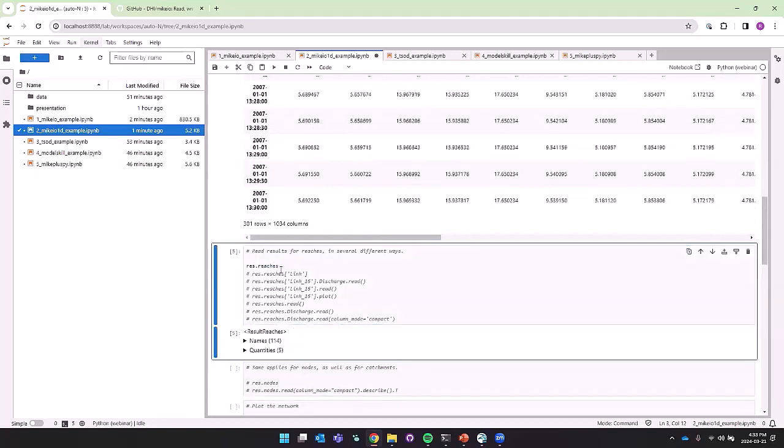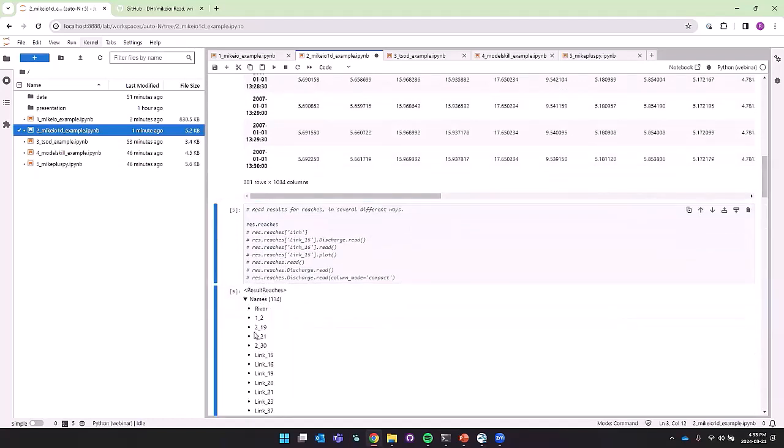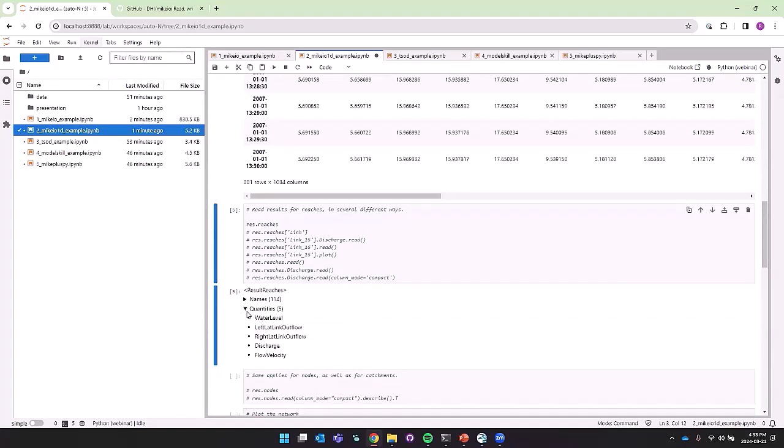So if we say res.reaches, you can sort of interactively see, okay, now we have this result reaches. We can see all of the MUIDs of it. We can see which quantities exist on reaches. And I should also point out that a reach can broadly mean pipes and canals, weirs, pumps. Basically any sort of link is called a reach. And that's for historical reasons, but it also works for river modeling.